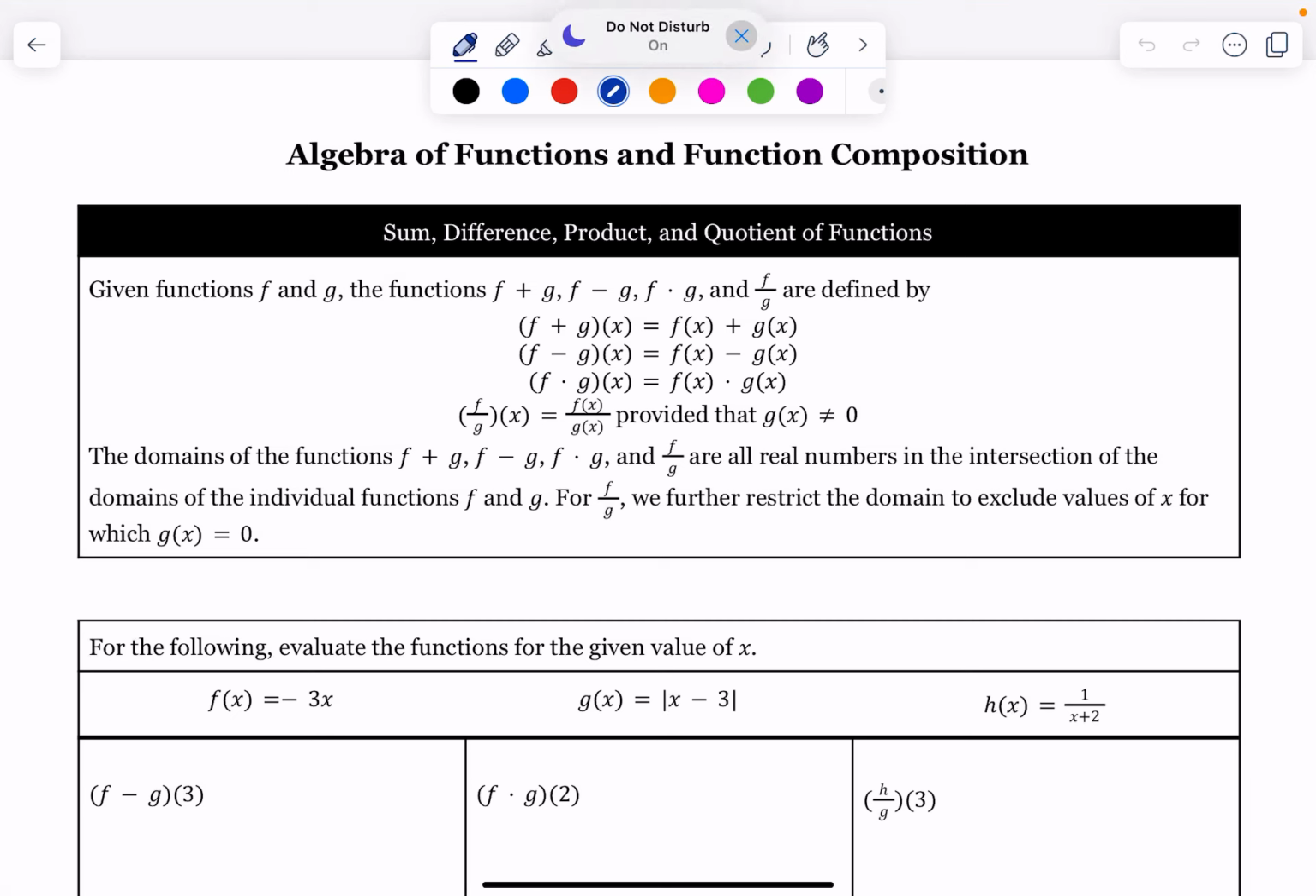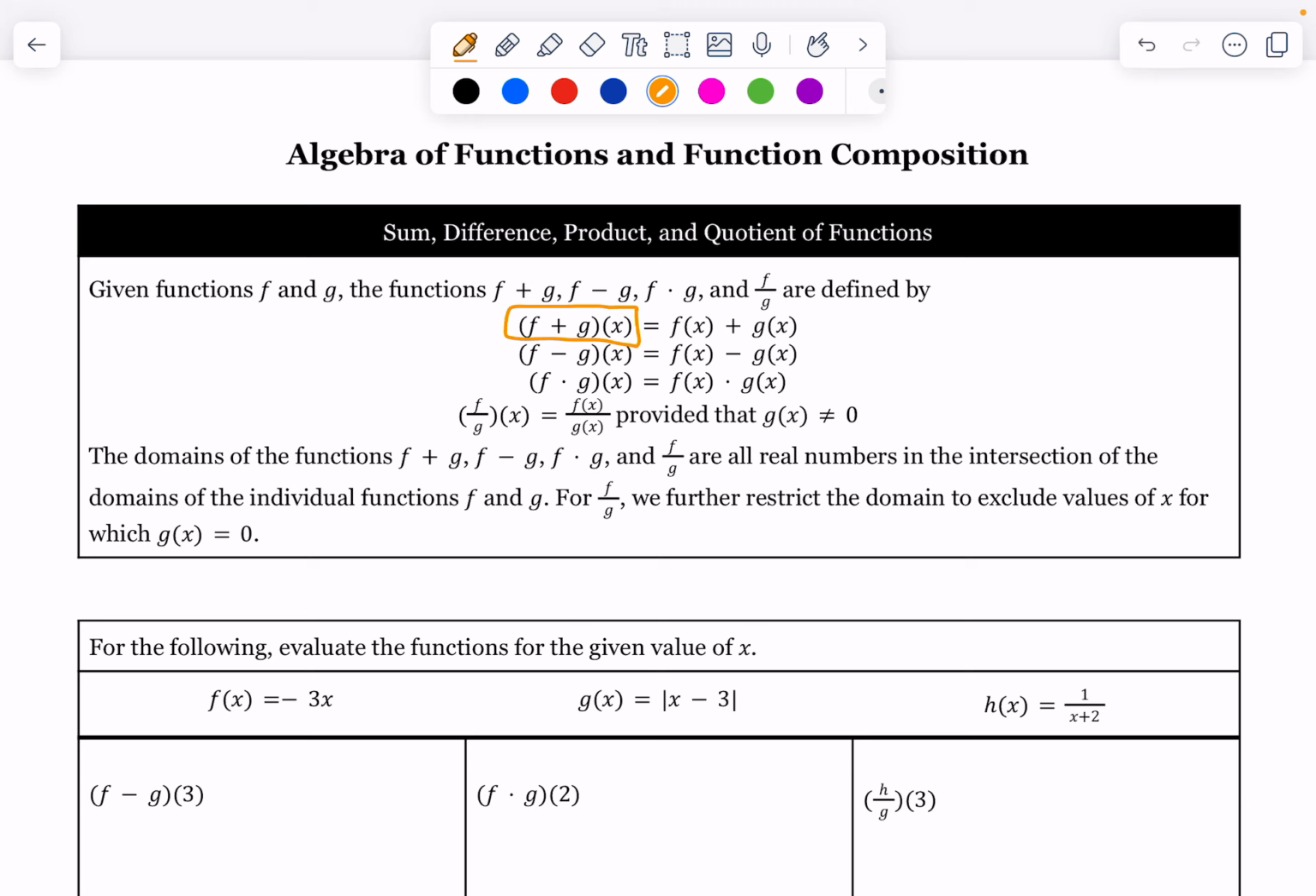This video is over section 6.4, Algebra of Functions and Function Composition. A lot of letters right here, but it's really pretty basic. It says given functions f and g, the functions f plus g, f minus g, f times g, and f over g are defined by